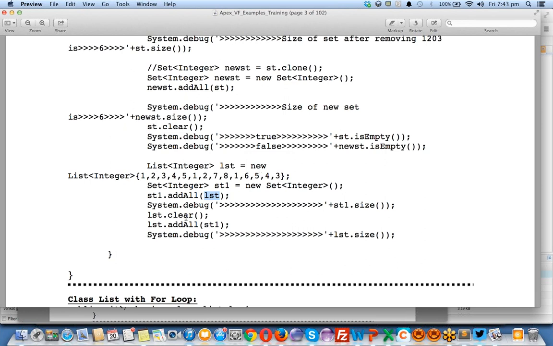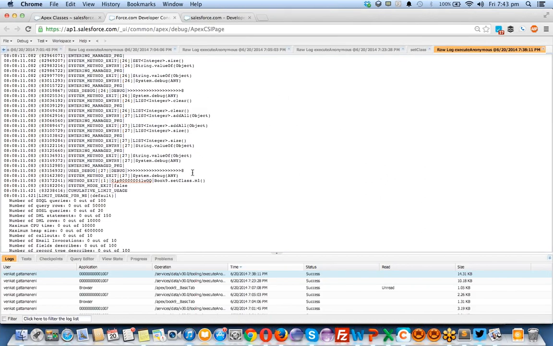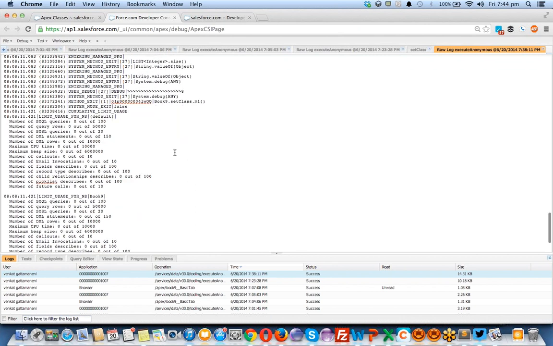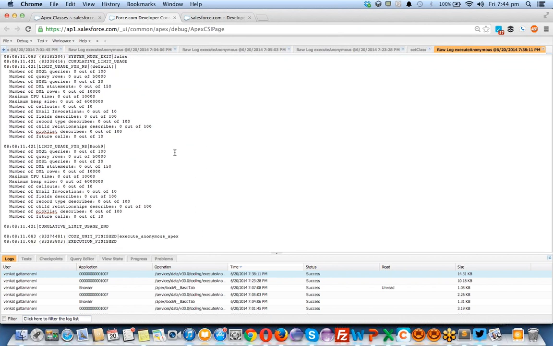Okay, but what are the unique values here? There are 8 unique values here. That's the reason it's showing 8 here. The list will show all the repeated values also, but the set won't store them. That's the reason I'm getting only the unique values, that is 8, as the size. Cool. I think this is the complete set of operations and methods we have in the set collection. We're done with it.